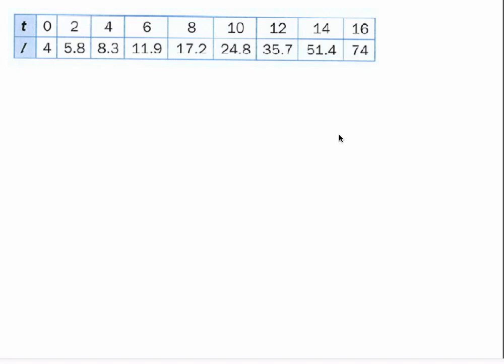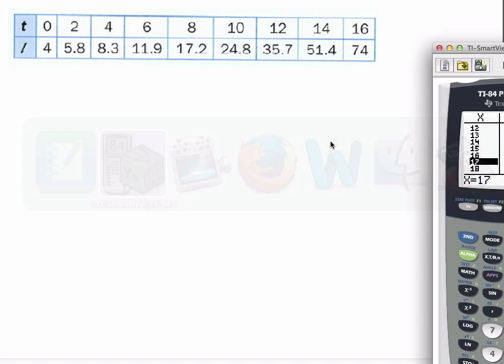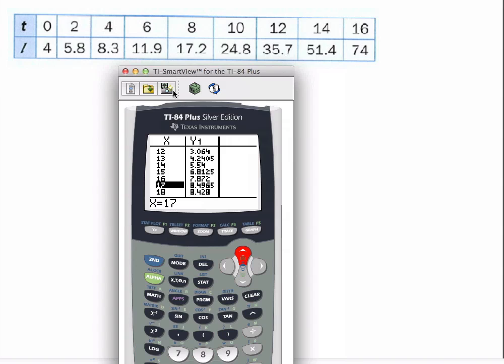Hello, this is Mr. Collier, and today I'm going to show you how to take a set of data, put it in your calculator, and model it with an exponential function. So let's take a look at a set of data. We've got the data here, and I'm going to type this into my graphing calculator, and then I'm going to